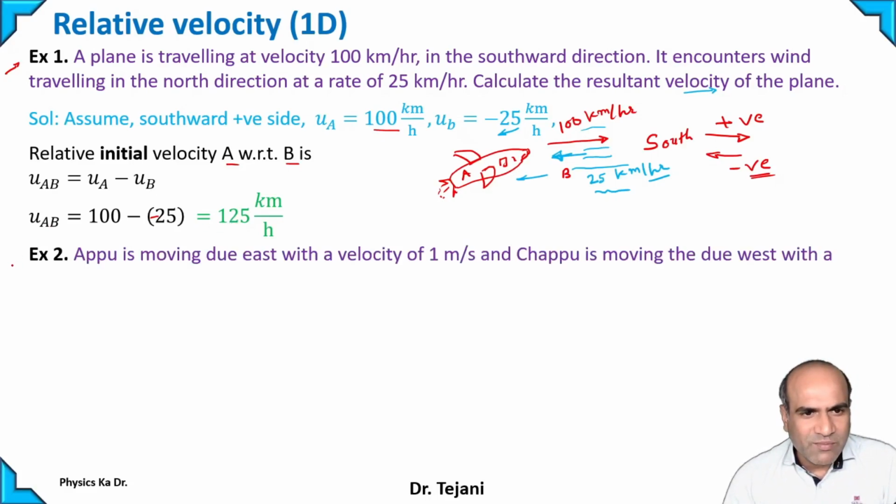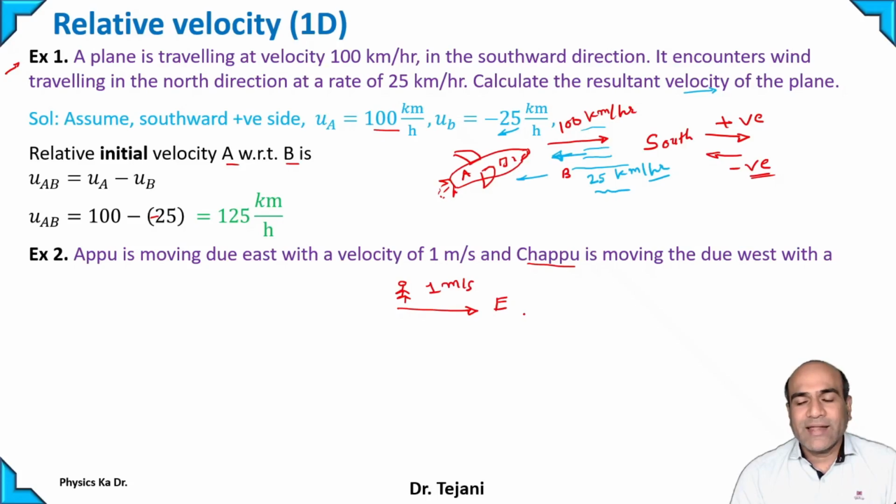Let's have another example. Example number 2. Appu is moving due east with velocity 1 meter per second, and Chappu is a character, is moving due west. See, both are in opposite directions. Let's assume this Appu is moving in this direction. It is east. This is Appu. Appu is moving, speed is 1 meter per second, and Chappu is moving in the opposite direction, west,